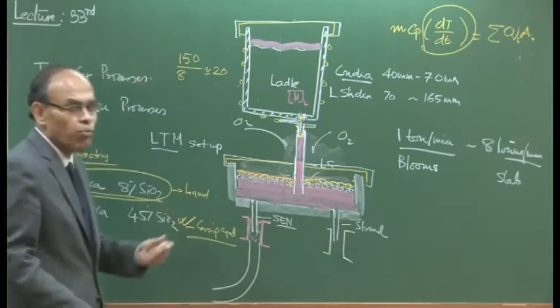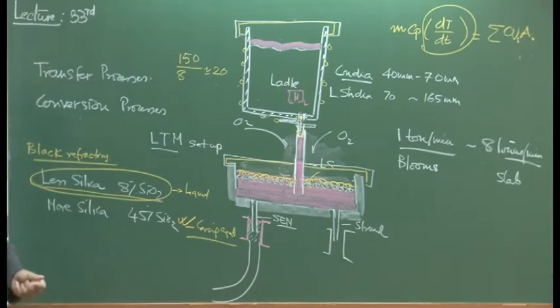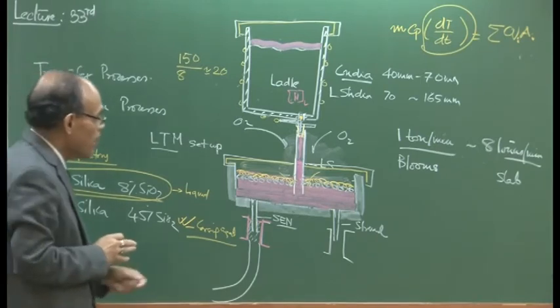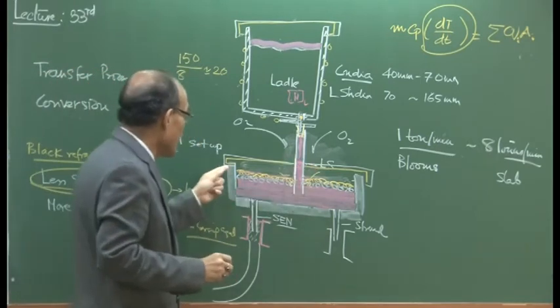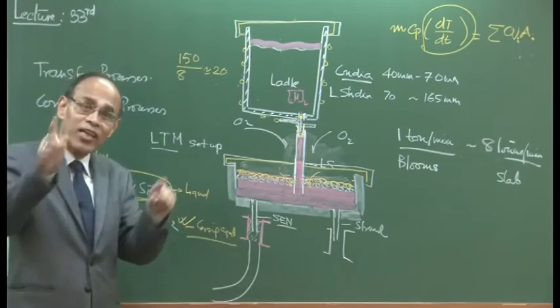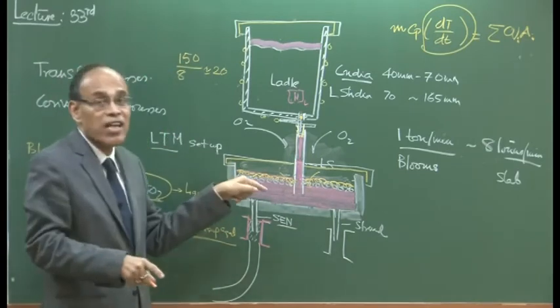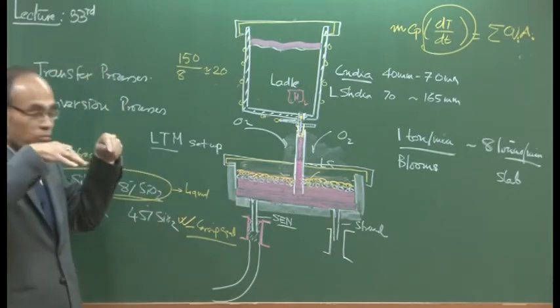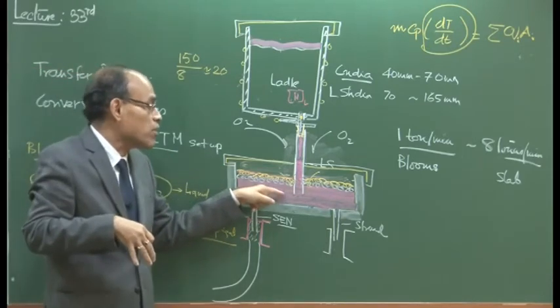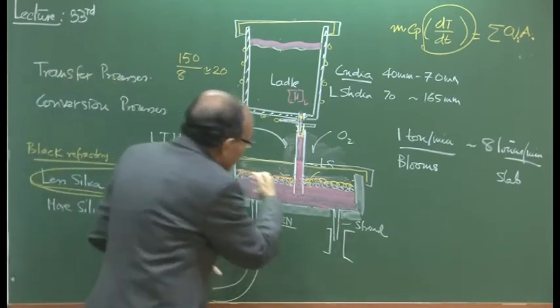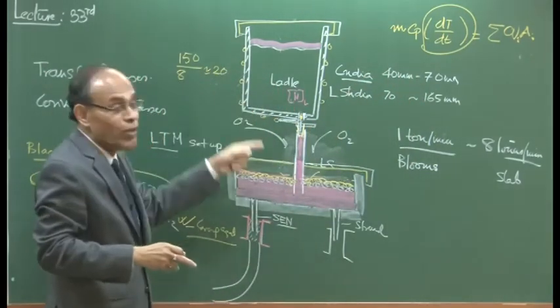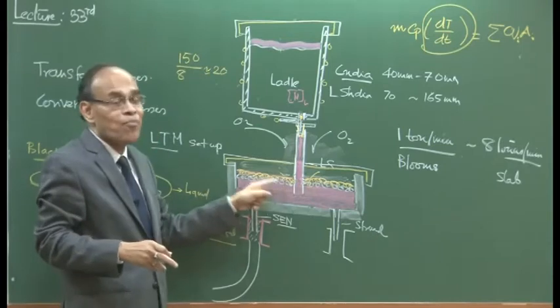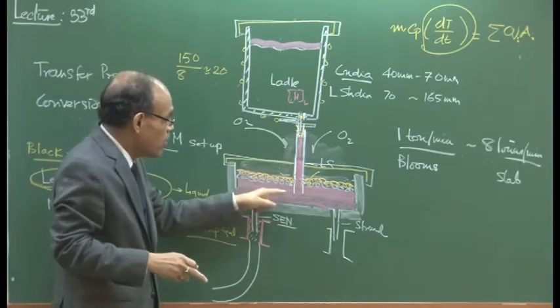To circumvent these problems, to salvage a part of the first bloom or first slab, what people these days do, they have a tundish cover, and then before the casting starts, they will flush the tundish with an inert gas like argon. Argon is heavier, so if you flush argon for 10–15 minutes, then the bulk of the oxygen or the air can be driven out, and then you can create a scenario as if the tundish,